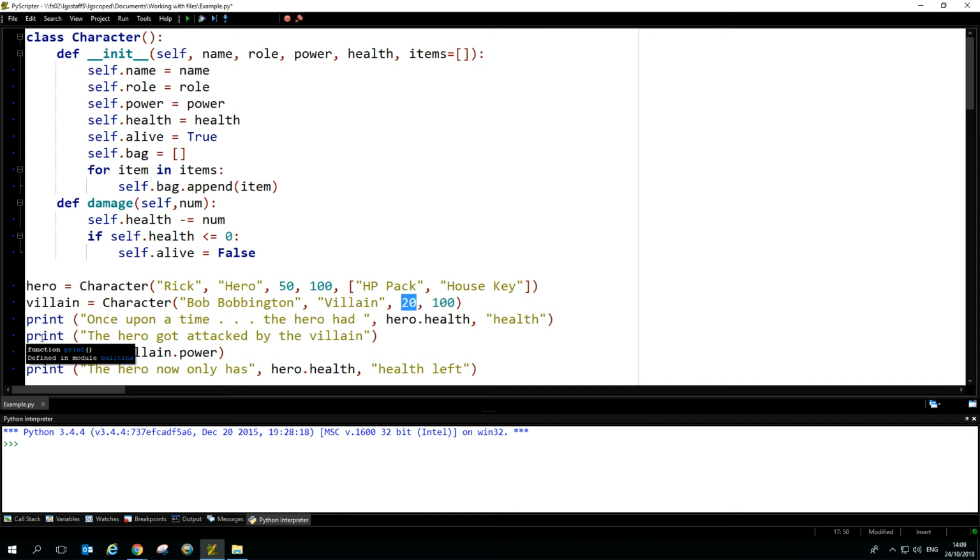Okay, so if we do hero dot damage and then pass it 20, what we'll do is we'll go into here, but we're doing it on the hero. So self is the hero. So hero dot health minus equal 20. So the hero's health was 100. So it's going to be 80. If the hero's health is less than or equal to 0, it isn't, then hero dot alive would equal false,